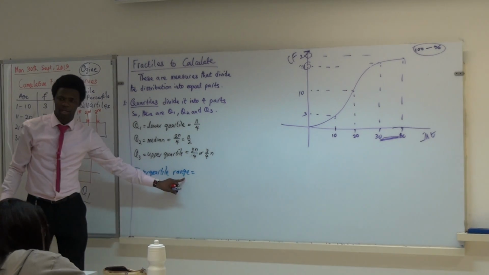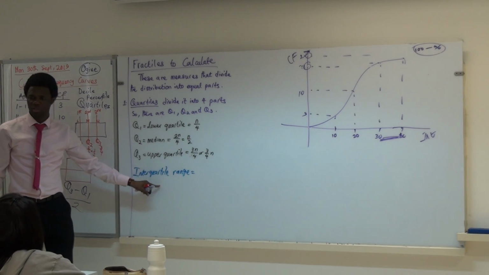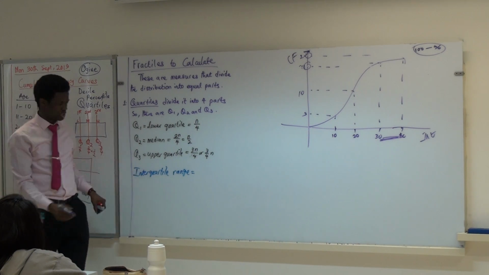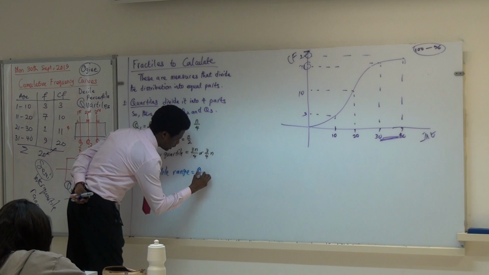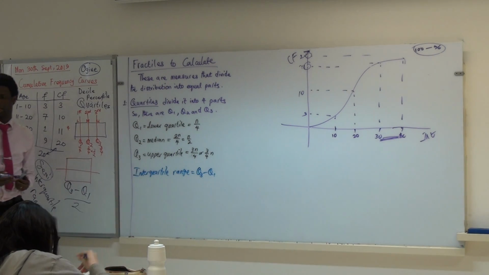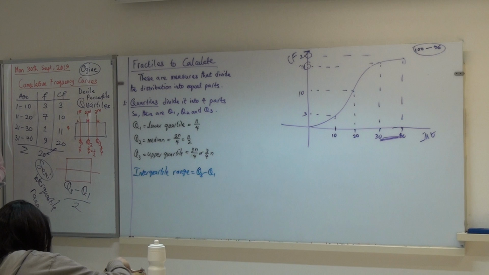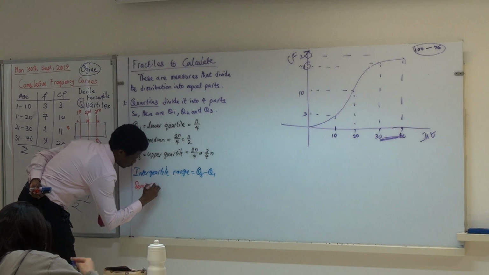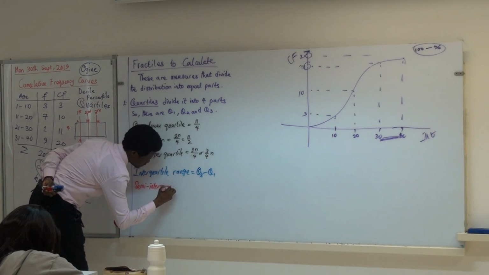Again, range is highest minus lowest. Interquartile range means range among the quartiles. If this is the highest and this is the lowest, the interquartile range will be Q3 minus Q1. Each of Q3 and Q1 will be calculated separately, then the subtraction will be taken. Semi-interquartile range is not so popular, but just in case,